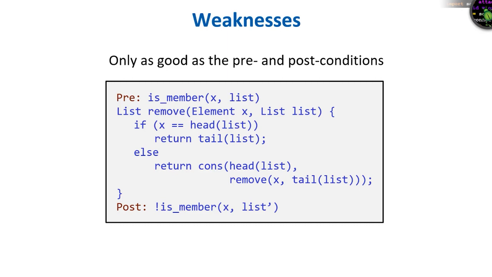In the example code presented here, we want to test a method that removes an element object from a list object. The precondition is that the element is a member of the list, and the post condition is that the element is not a member of the list. These are sufficient conditions to ensure that the remove method is functioning properly. If we are not as careful in our selection of pre and post conditions, though, we may end up with many useless tests or miss useful tests.